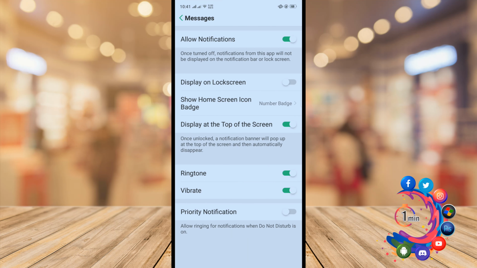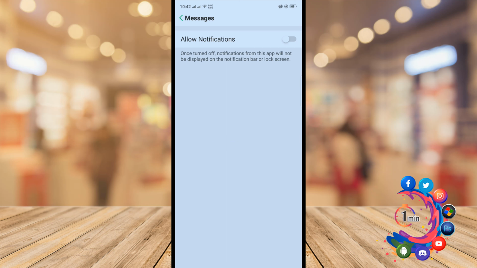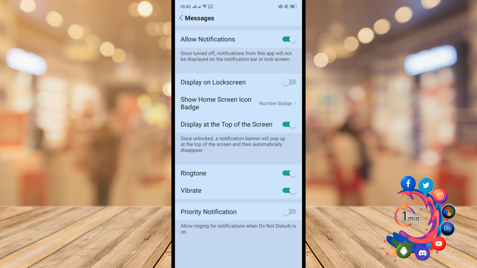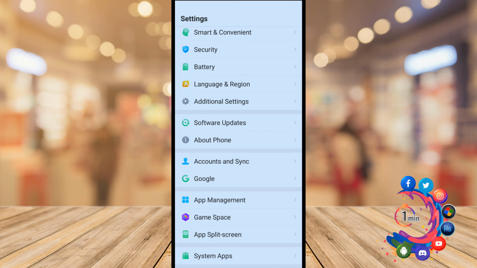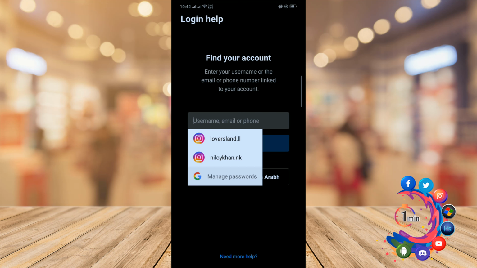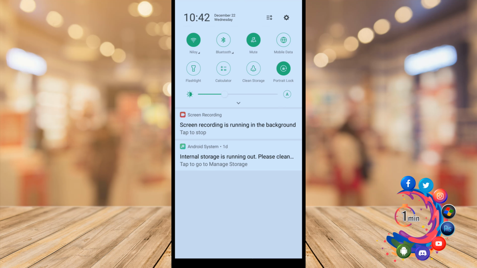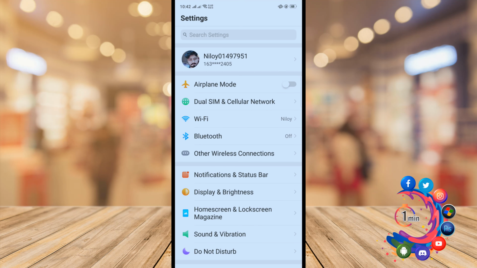Notification management, and from here turn off Allow notifications and turn it on again, and after that retry on Instagram to get a code and hope it should work. And if it does not work, then open your phone settings again,